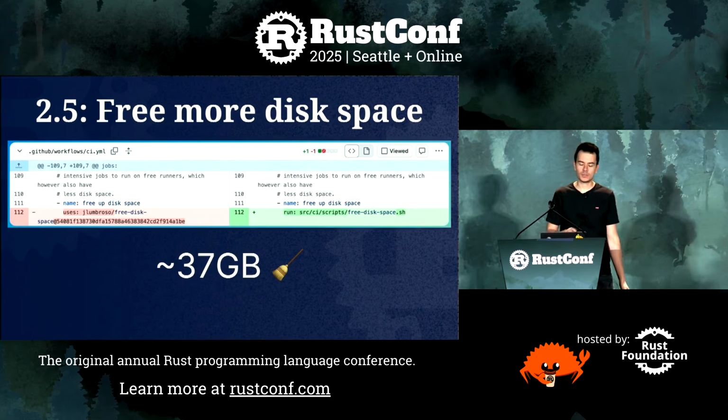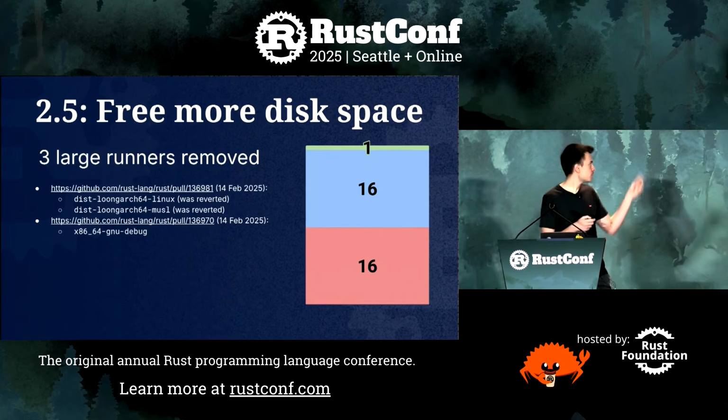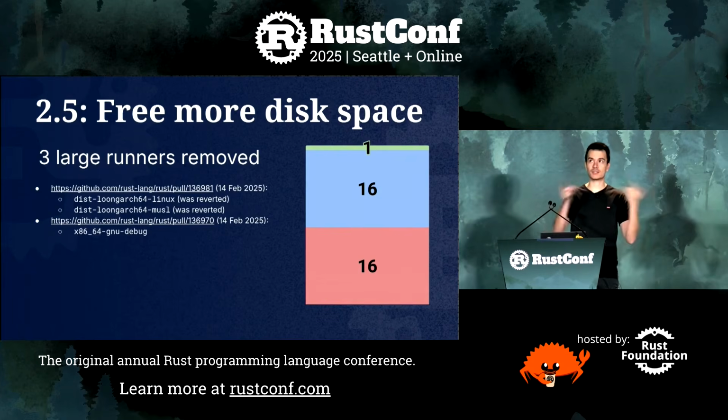In total, we removed 37 gigabytes, and in this way, freeing up more disk space, we removed 3 additional large runners. In the diagram, there is only 1, because in the meantime, 2 runners were reverted from standard to